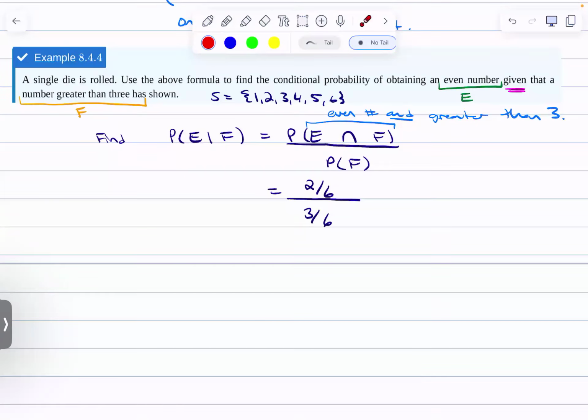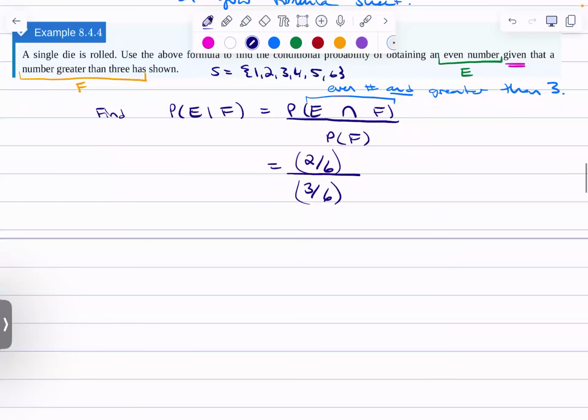You can put it into your calculator. As long as you use brackets, it should just simplify for you, right? You can try it on your calculator, get to know your calculator. 2 over 6 divided by 3 over 6 puts me at, well, I guess if your calculator doesn't give exact answers,